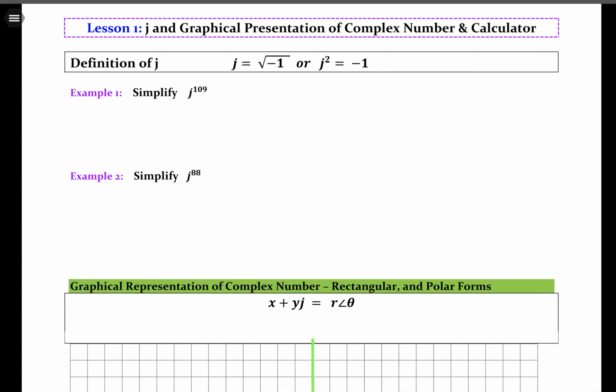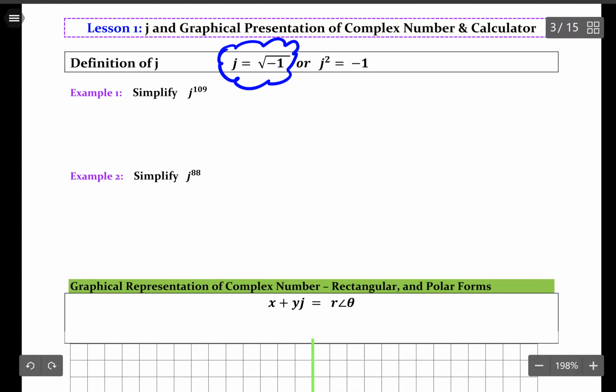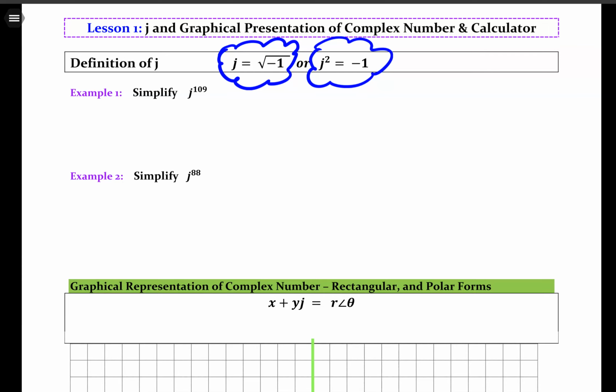Hello everyone. Complex number is represented by the letter j. The definition of j is j equal to the square root of -1, or j squared is equal to -1. Before I start with example number 1, simplify j to the exponent 109, I would like to review the formulas